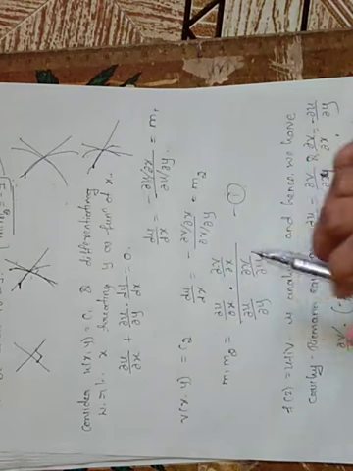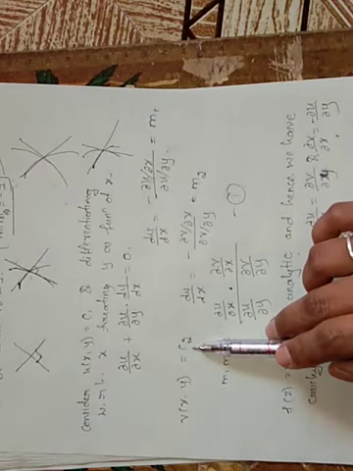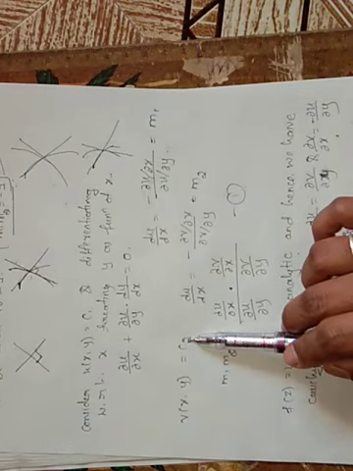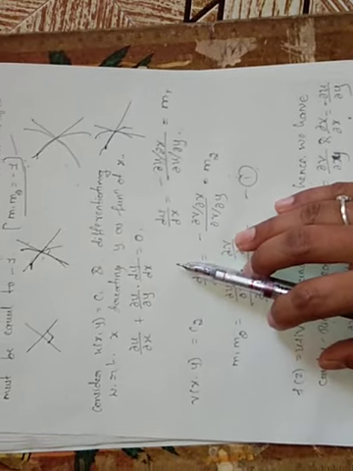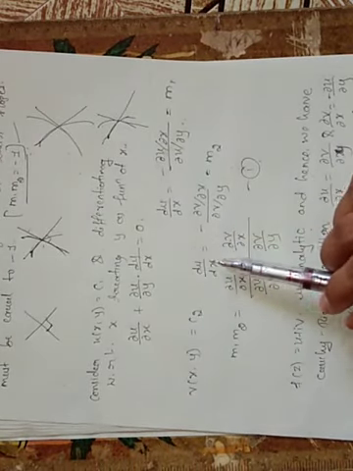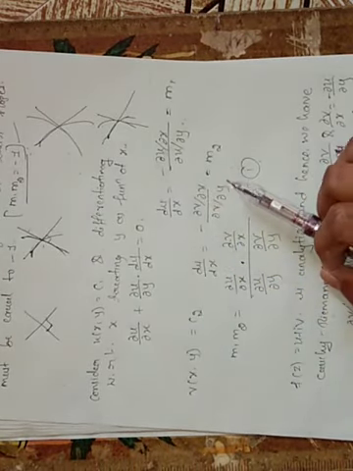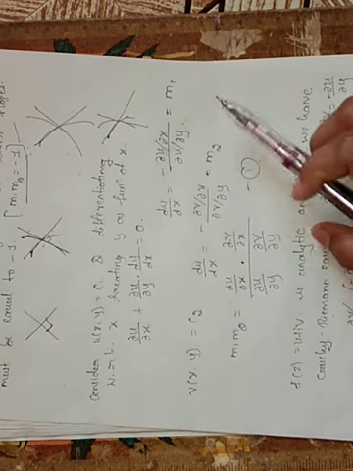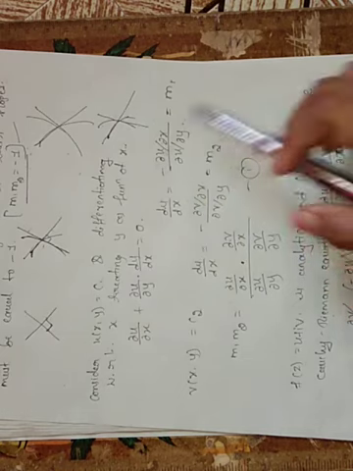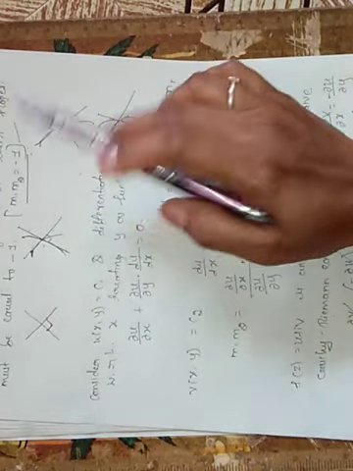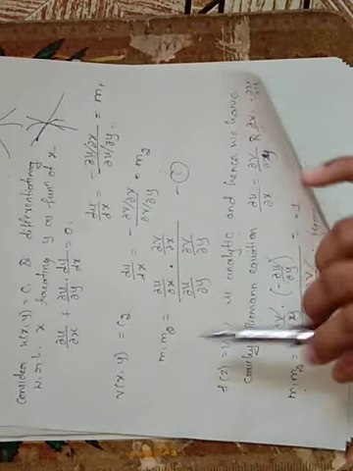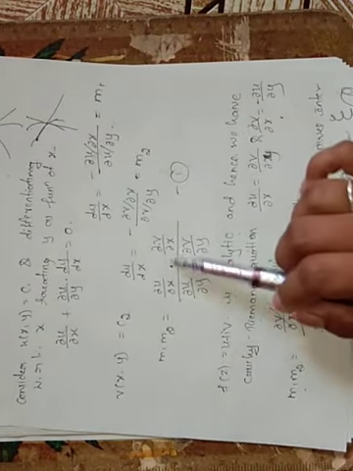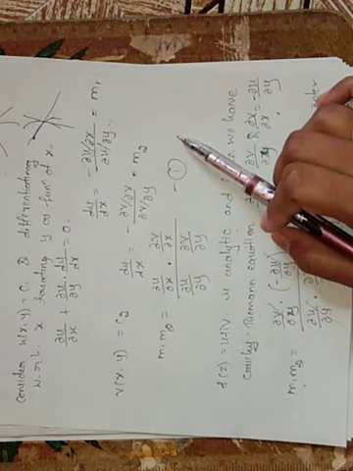Now similarly, v of x comma y equal to c2, take the derivative of the curve with respect to x, treating y as a function of x. We get dy by dx equal to minus dou v by dou x divided by dou v by dou y. Call that m2. Now we have to check that m1 into m2 equal to minus 1. So m1 into m2 equal to, substituting the values here, call this one equation 1.